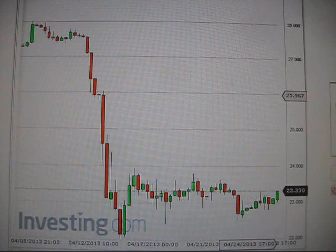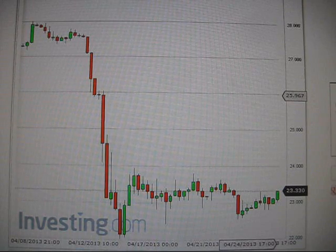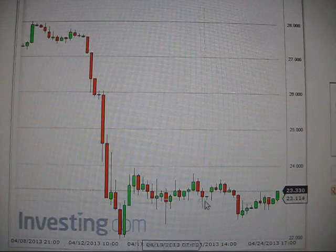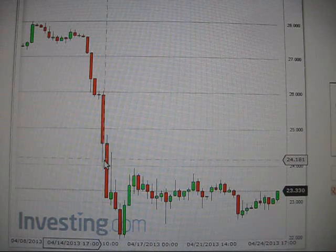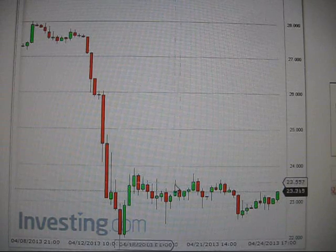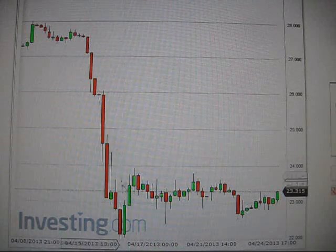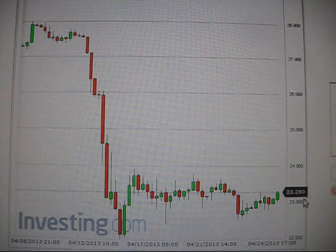From Drutter. This is the silver chart, which looks almost identical to the gold chart over the past couple weeks. The drop from 28 to 22 in 2 trading sessions obviously is here, and we've been hugging the 23 level ever since. I think it's the 9th day now since this? So we've had well over a week of perfectly sideways action, almost no volatility whatsoever. It's almost like someone painted a straight flat line, and in comparison to this drop, it looks like almost no volatility whatsoever. But what I actually want to talk about is...